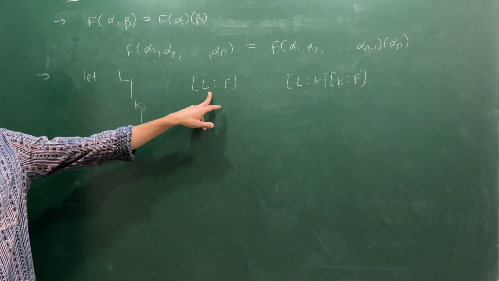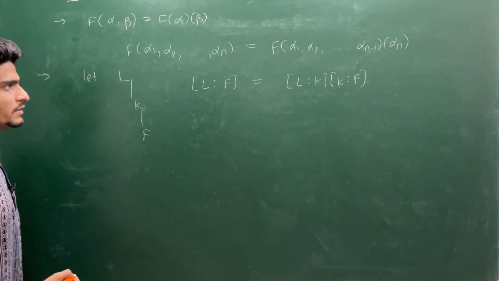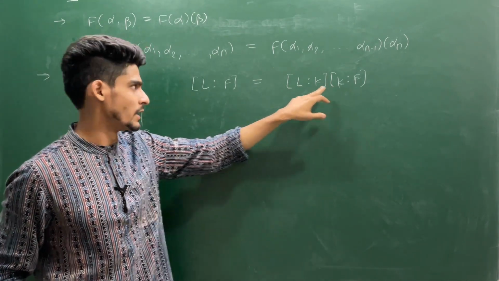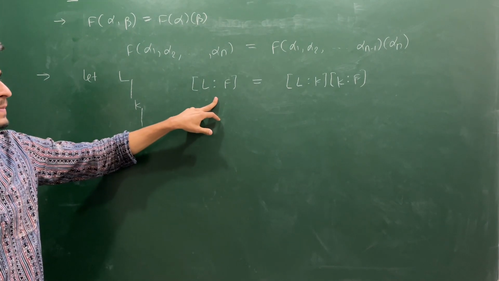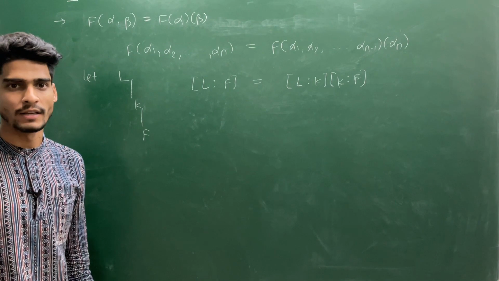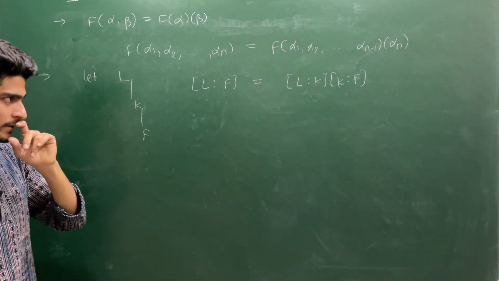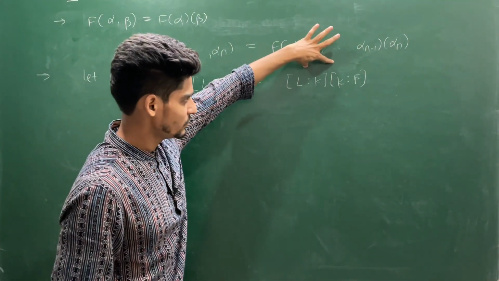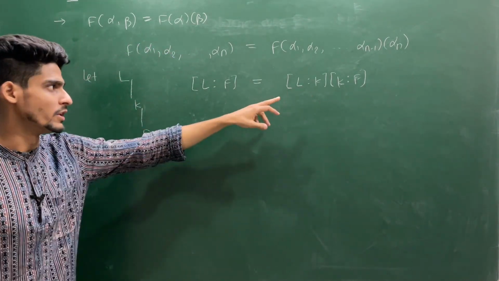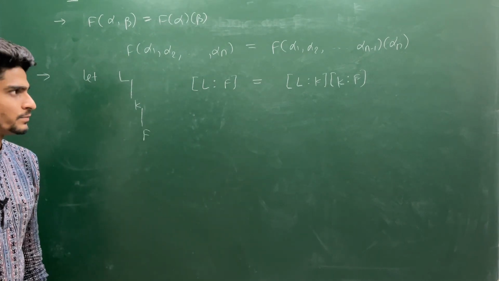Can you say this degree and this degree both are the same? See, if either on the right side is infinite, then this is an infinite extension. So in that sense, we do not need to prove anything, because if the sub extension is infinite, then the bigger extension will be infinite. So the main case is when both the extensions are finite. Can you prove then the product of degrees on the right side is the same as this on the left hand side?